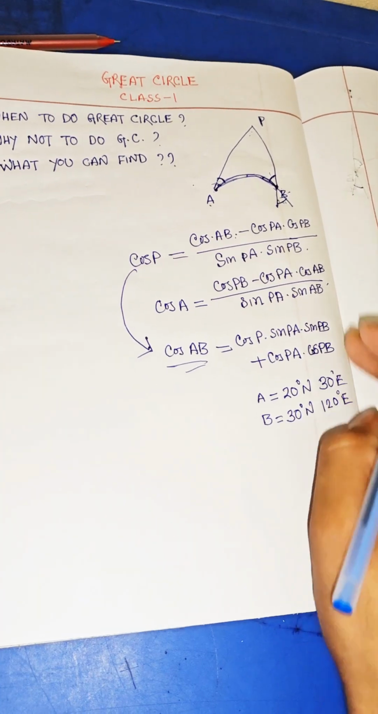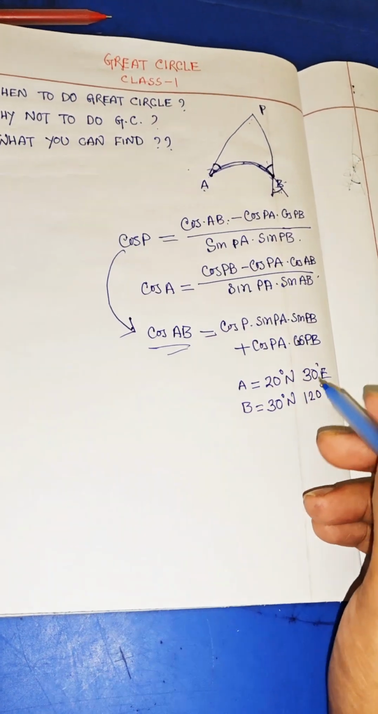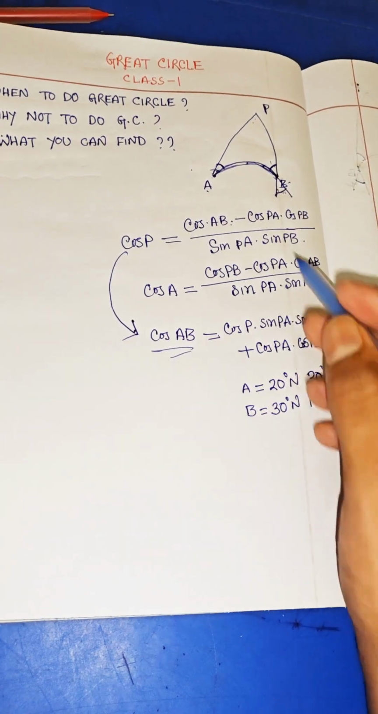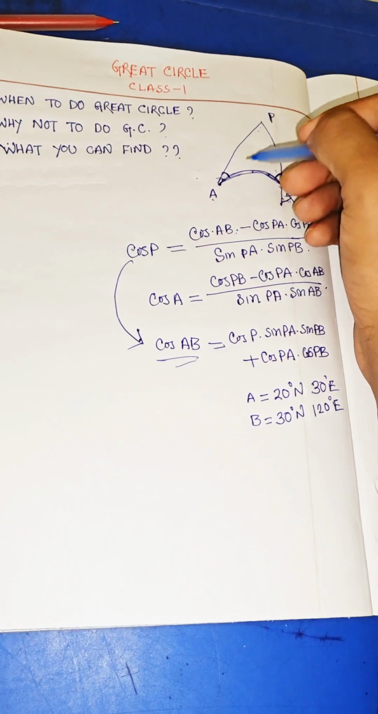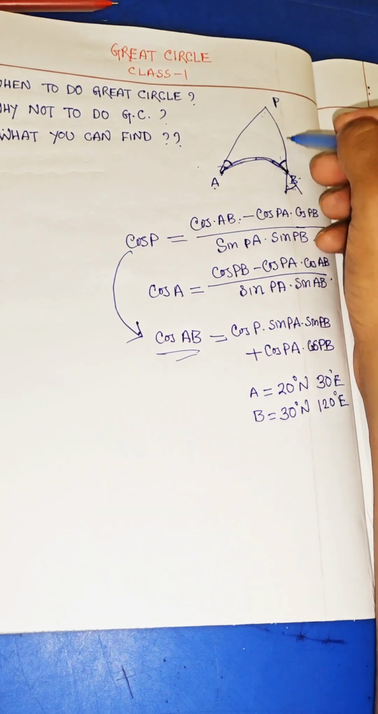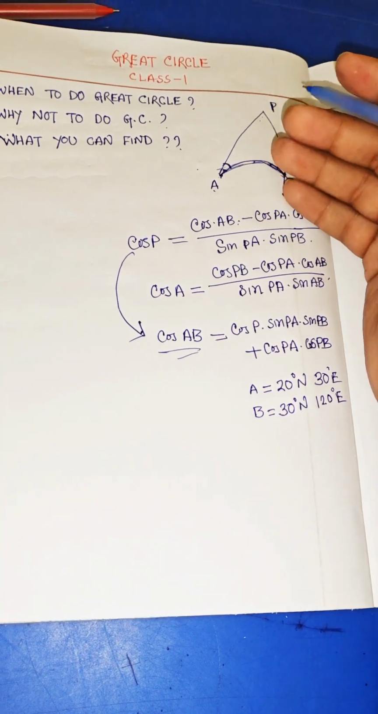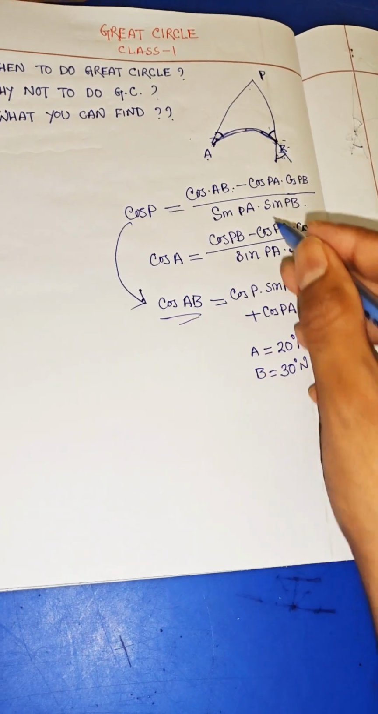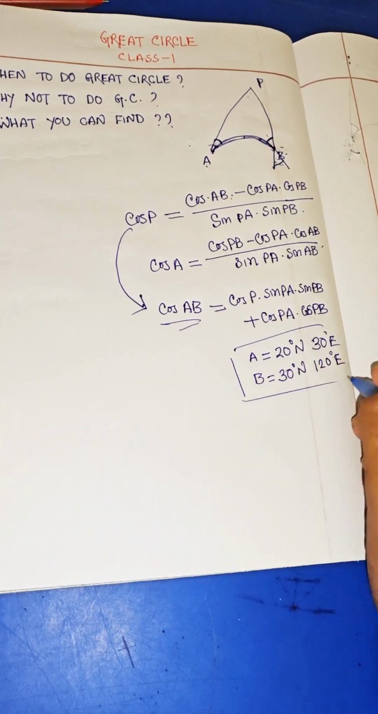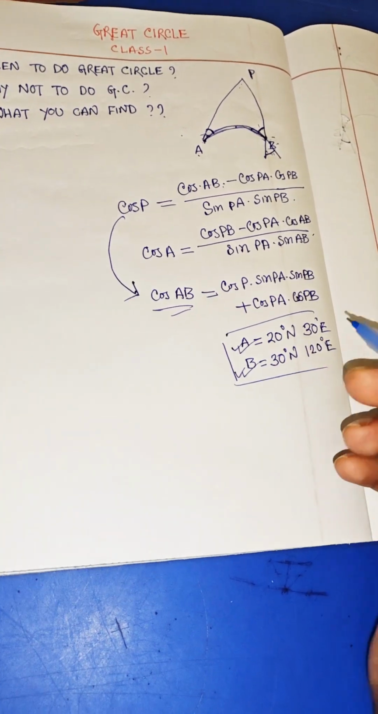Suppose this one is the position of A and B. So from here you know the latitude. Remember, PA is the colatitude for A position, PB is the colatitude for B position, which means the opposite of latitude. So from this data, if you know your initial position and your final position, you can find out